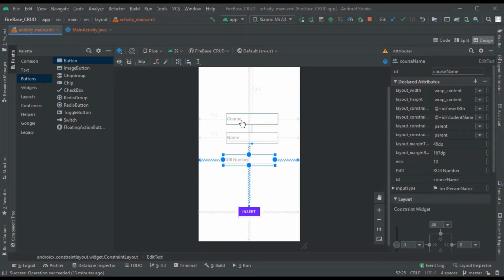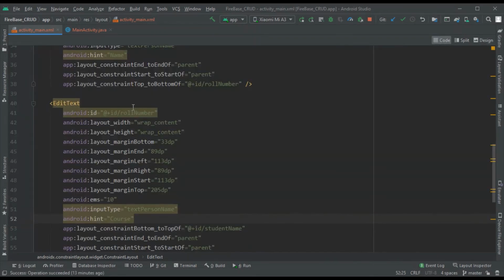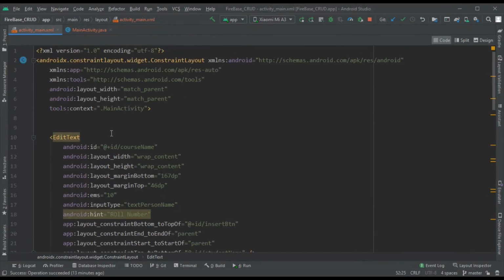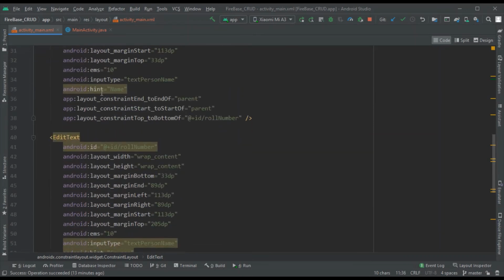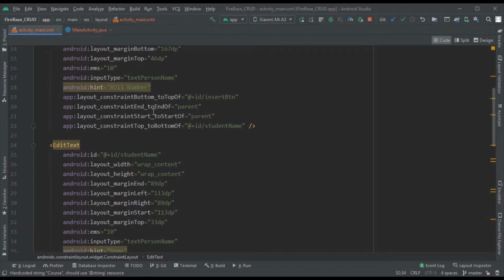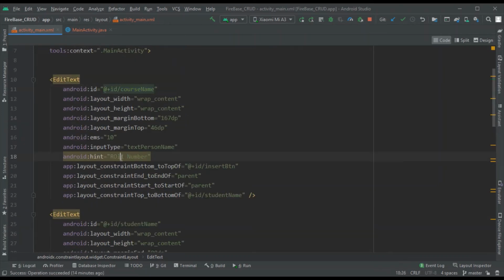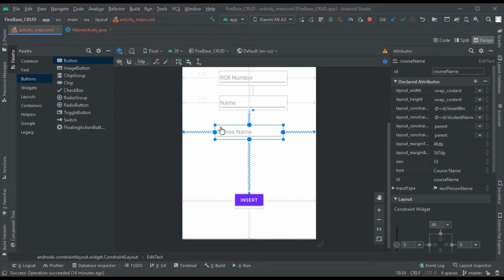Okay, so I guess the placeholders are wrong. Okay, so this is the post name, so this is student name, and this is the roll number. This is